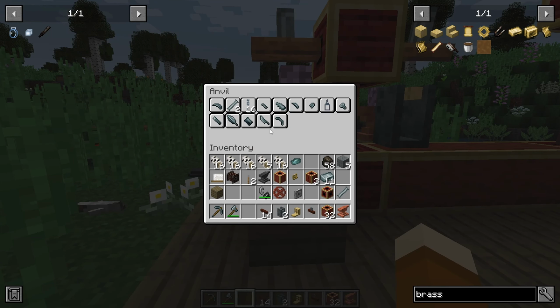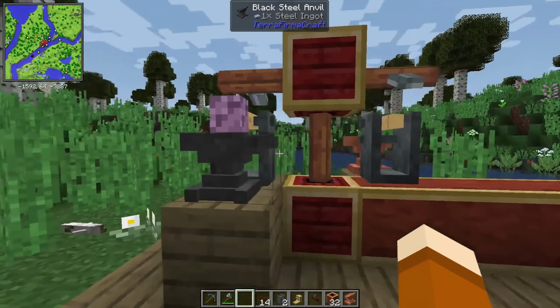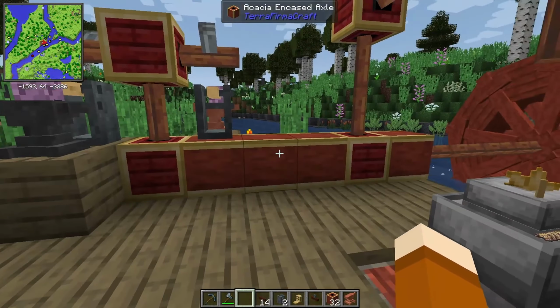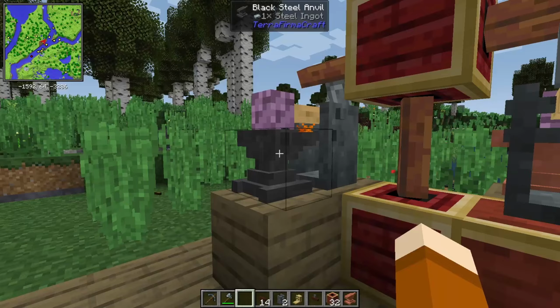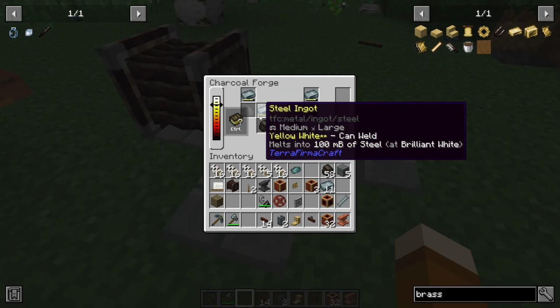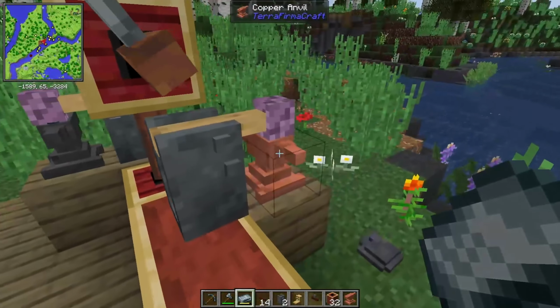Toss it in here, and let's give it steel plans. Steel rods. And you see, it moved. So, like I said, if this were quicker, it would spin faster. I don't think there's the equivalent of a rotational speed controller just yet. There we go. And so that will slowly work its way up to being complete. If we, however, go and test this on the copper anvil,